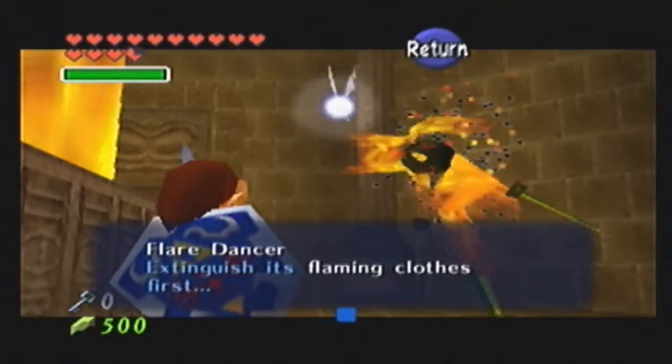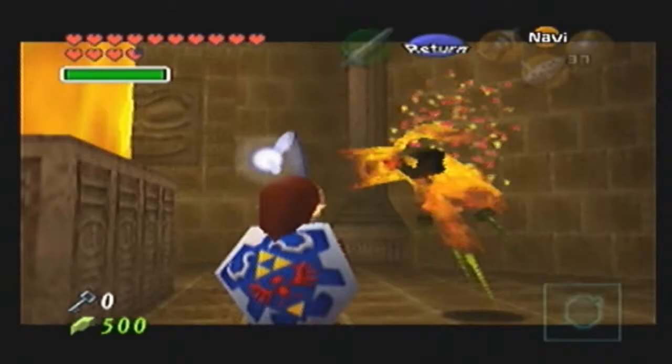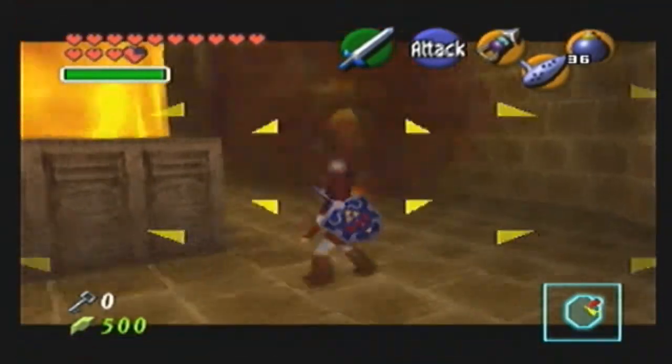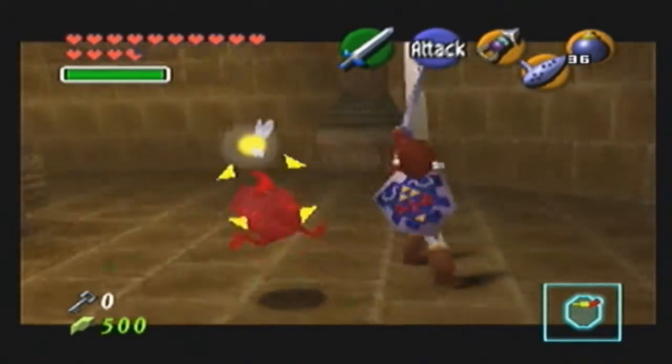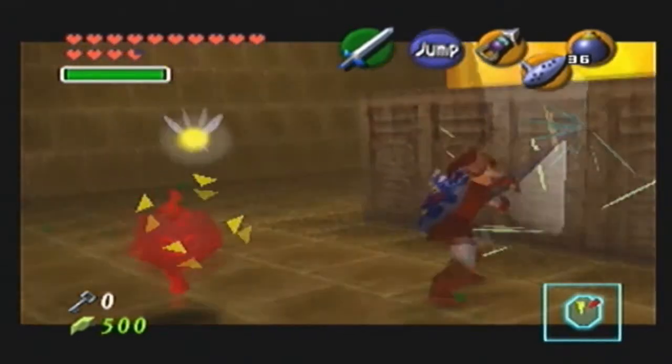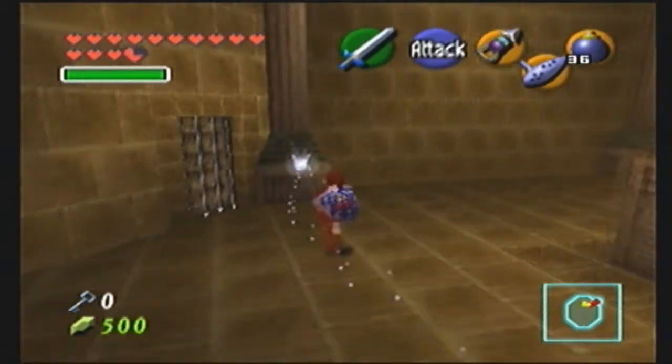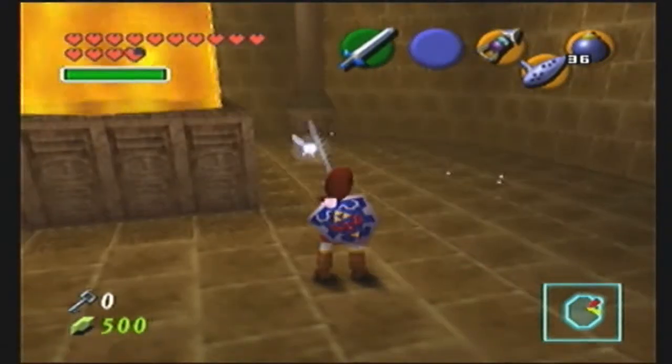The Flare Dancer. Extinguish its flaming gloves first. Well, there's only one safe way of doing that: explosion to explosion. And then you'll become a mini-man. Basically, if you let it spin and dance enough, it will make flames appear. And depending on its colour, which is also dependent on how much damage it's taken, it will change the types